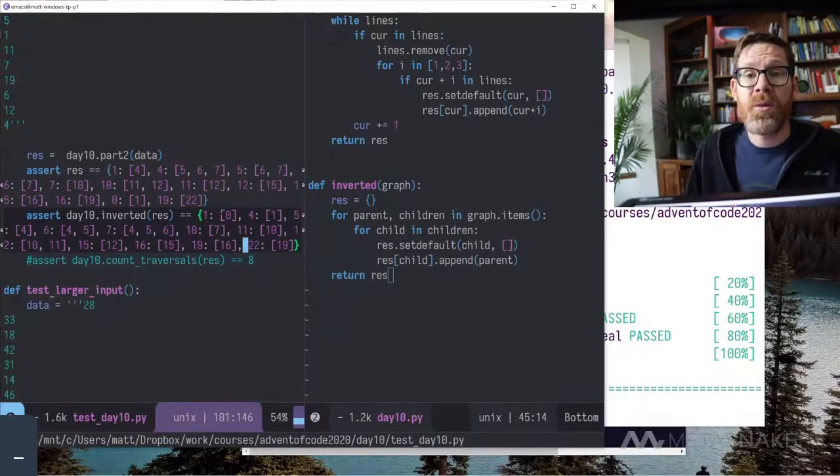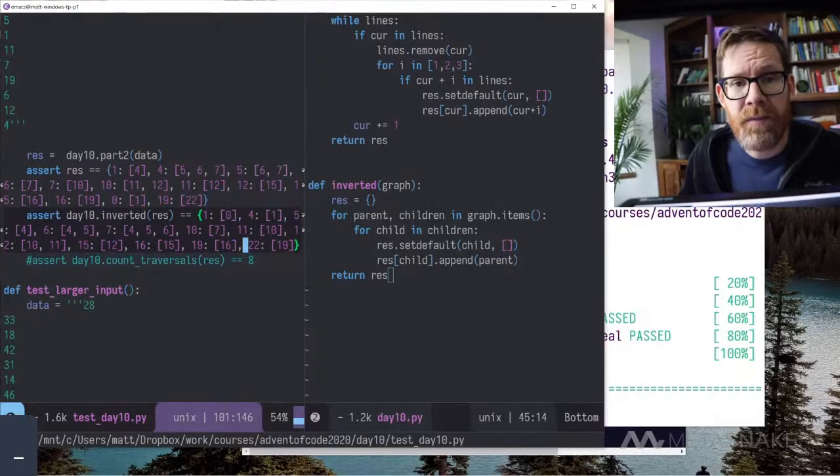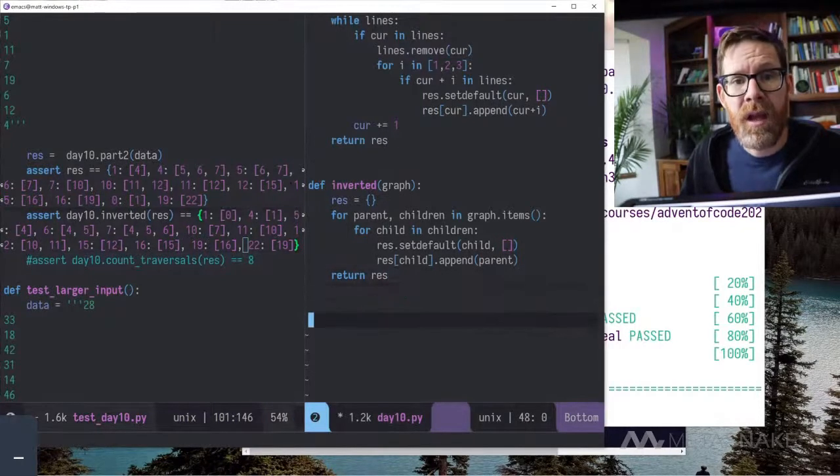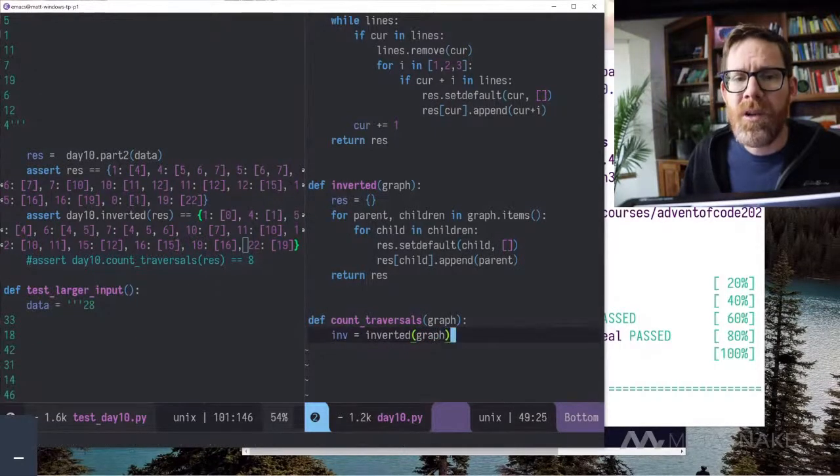So now what we want to do is count the paths through that. So let's implement that, and we can call that def count_traversals. We're going to take a graph, and then we're going to get our inverted graph. I'm just going to call inv equal to inverted(graph).